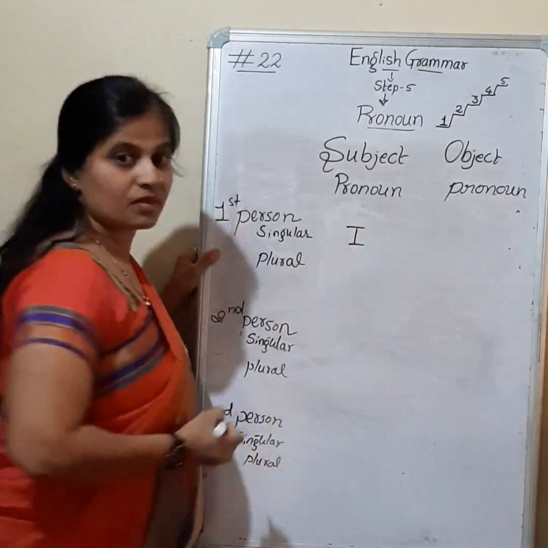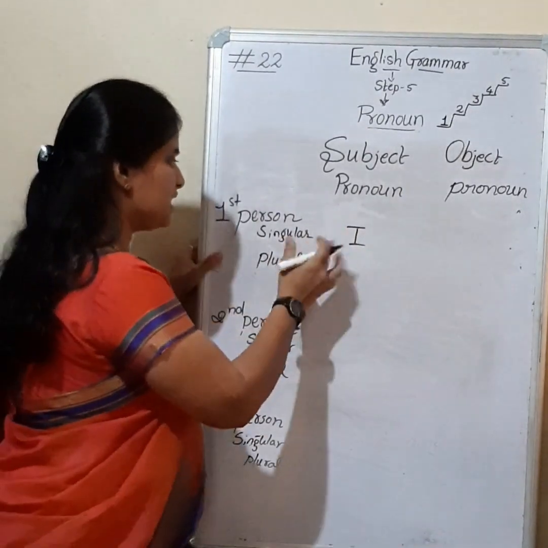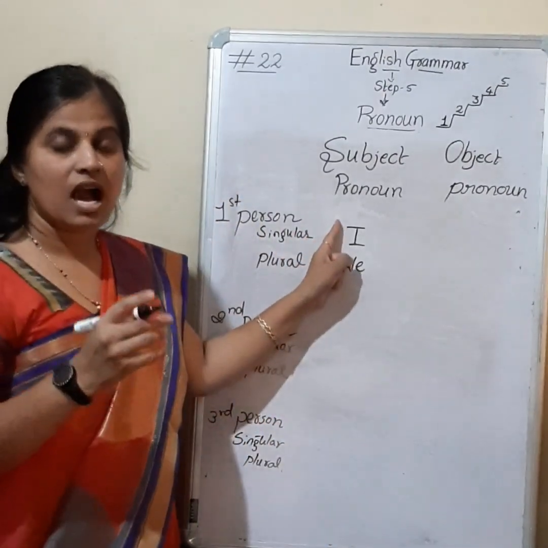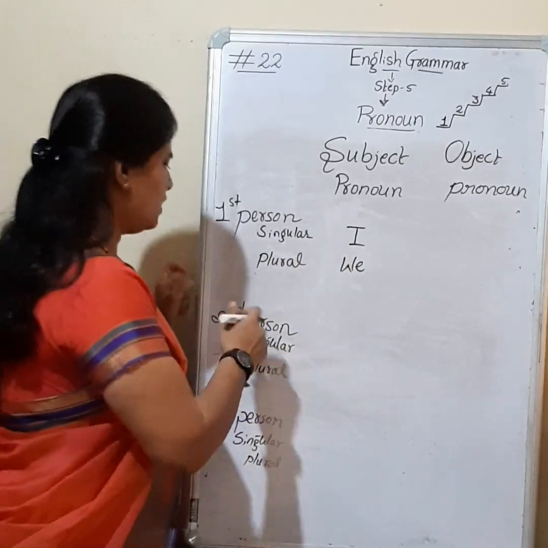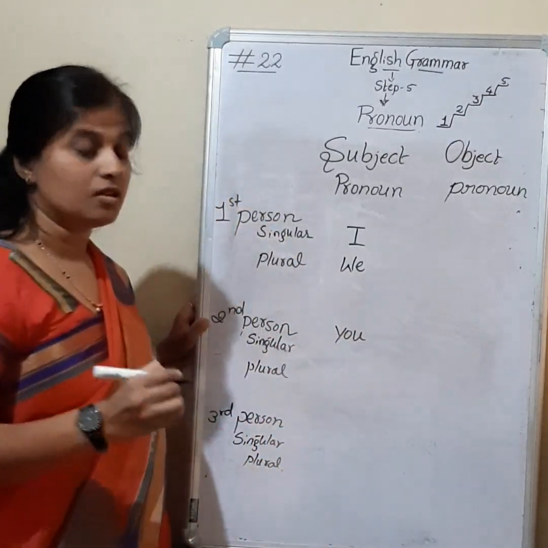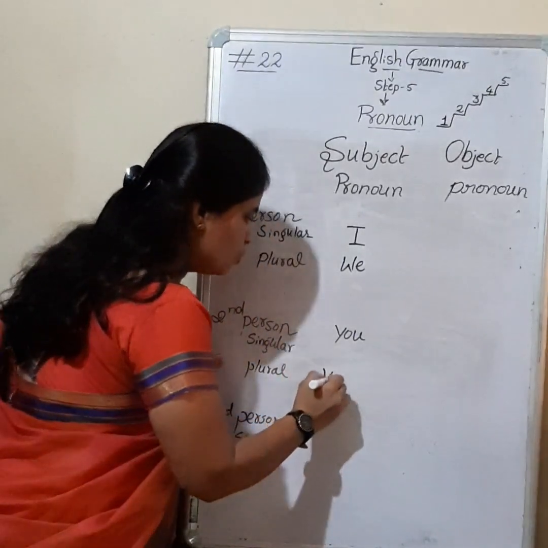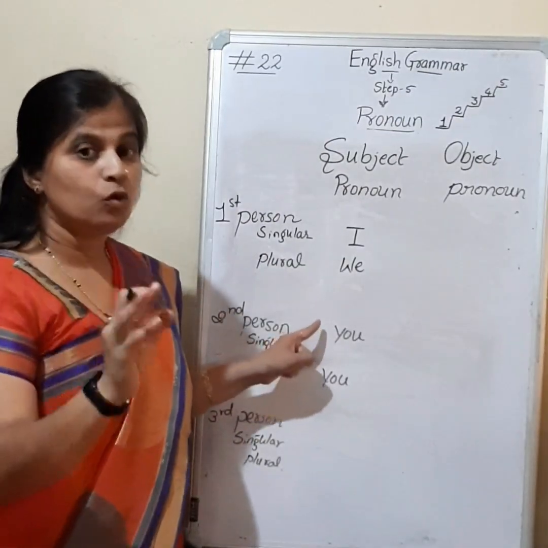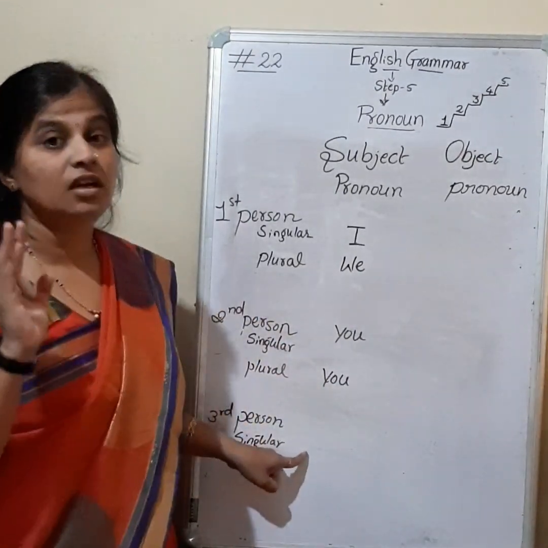Let us see now about the subject as well as object. Person: I. First person, I. The object pronoun we will see later. So here first person singular, I; plural, we. I and you both together, then we. Next, second person. Let me talk about the second person, that is you in singular. When we consider plural, you never changes, it remains the same. You only. Either it may be one person or more than one person, you remains the same in singular as well as plural. Let us know now about the third person.